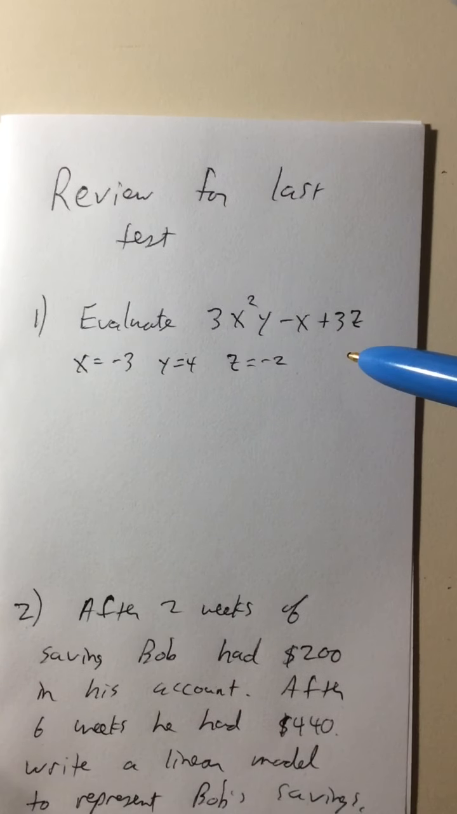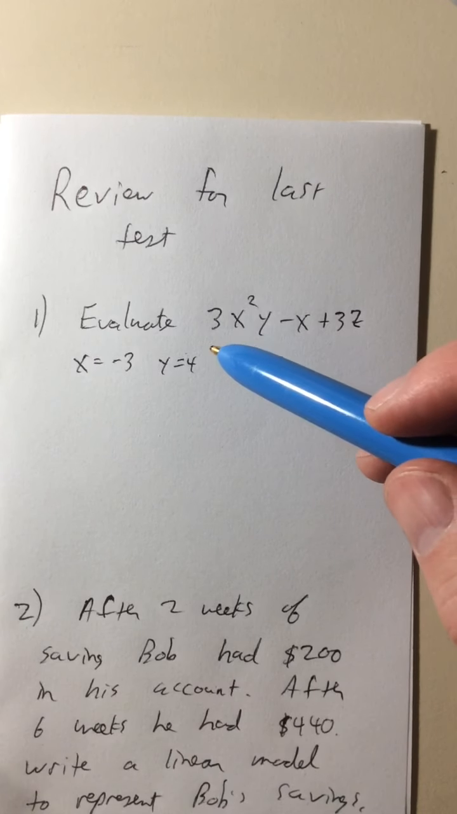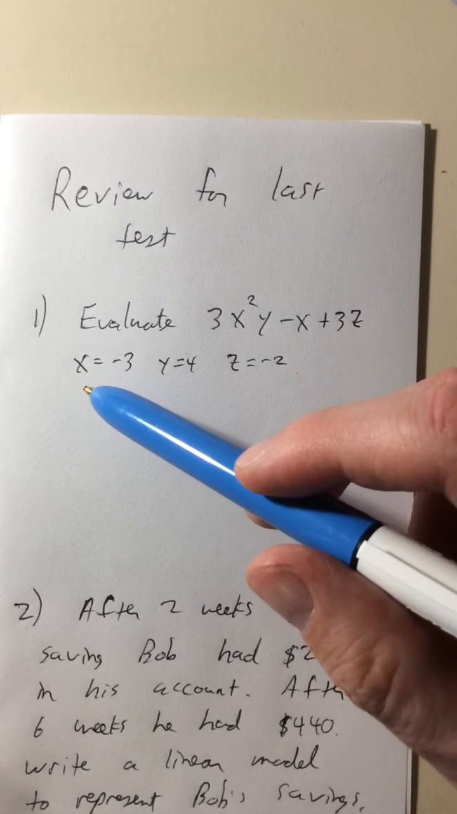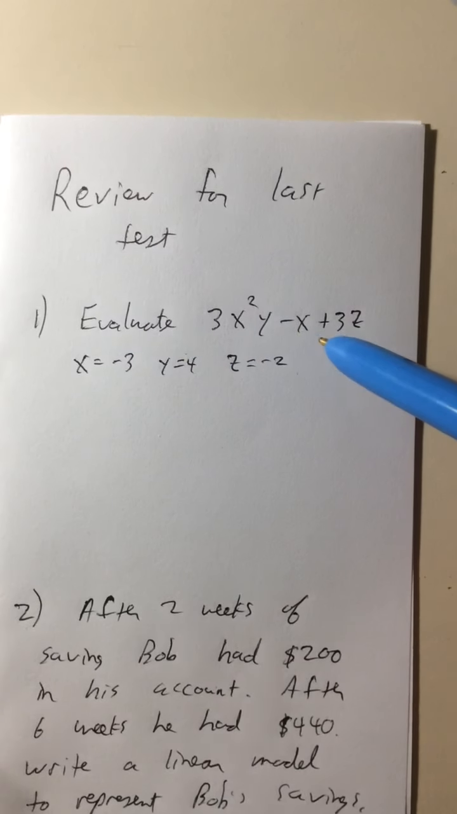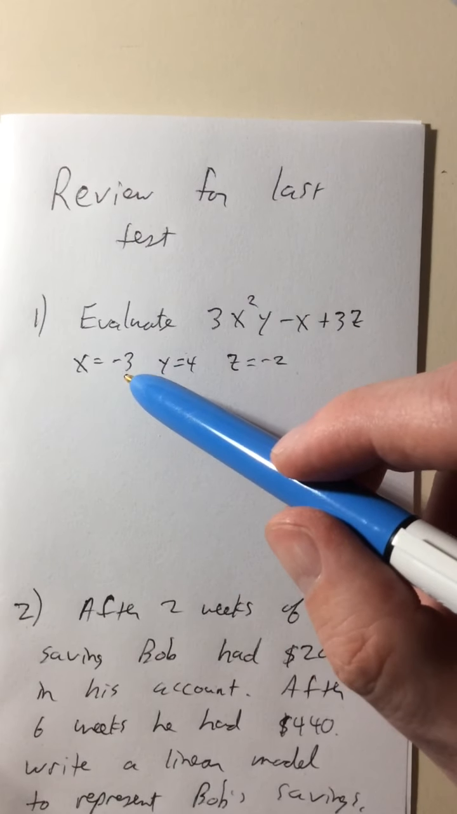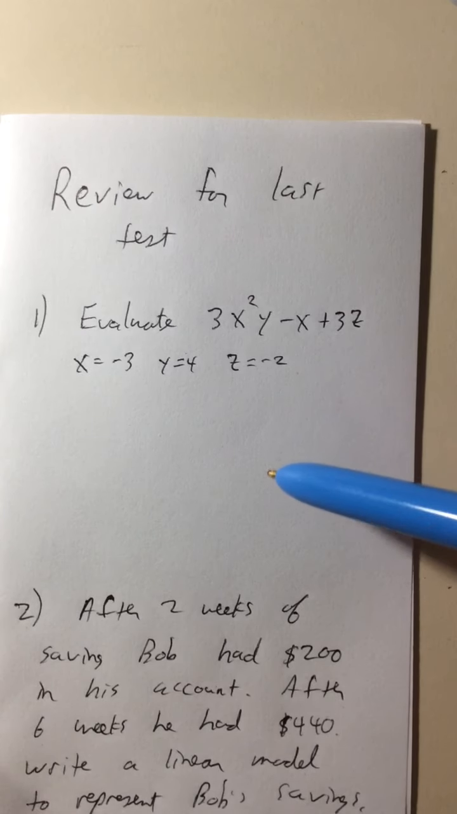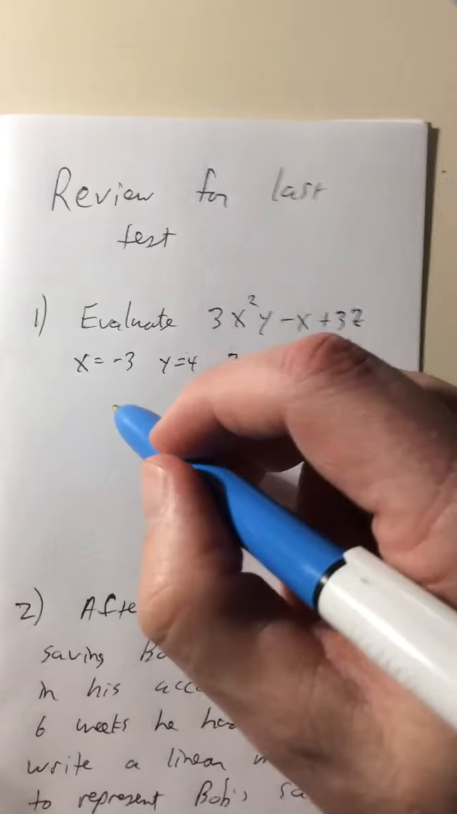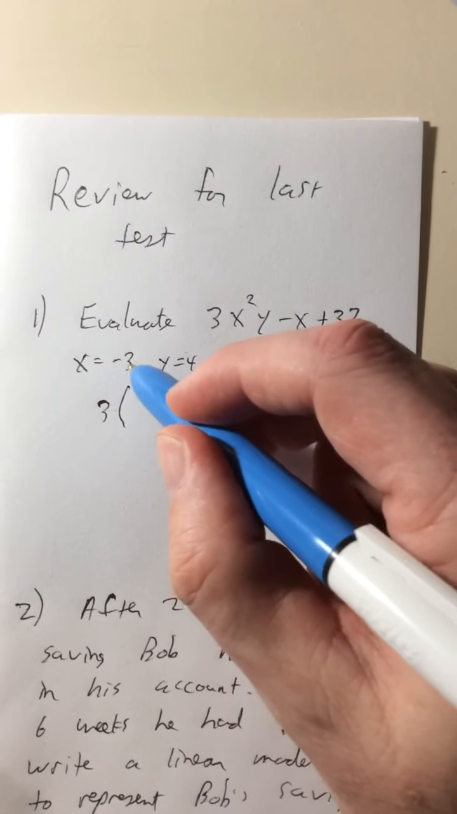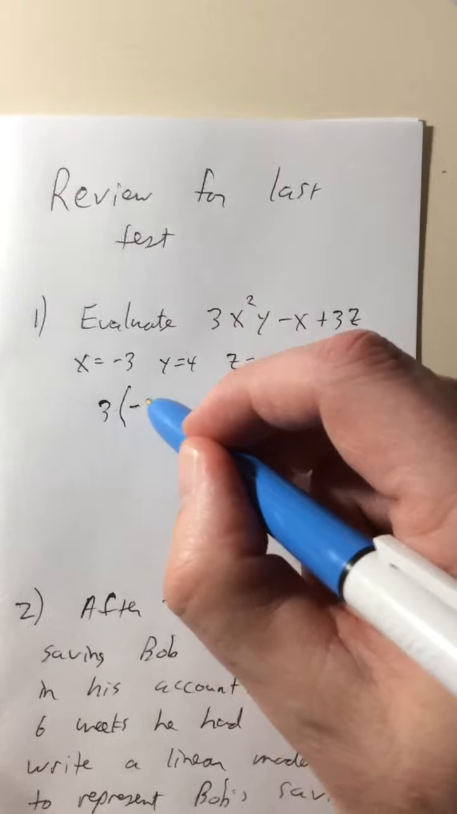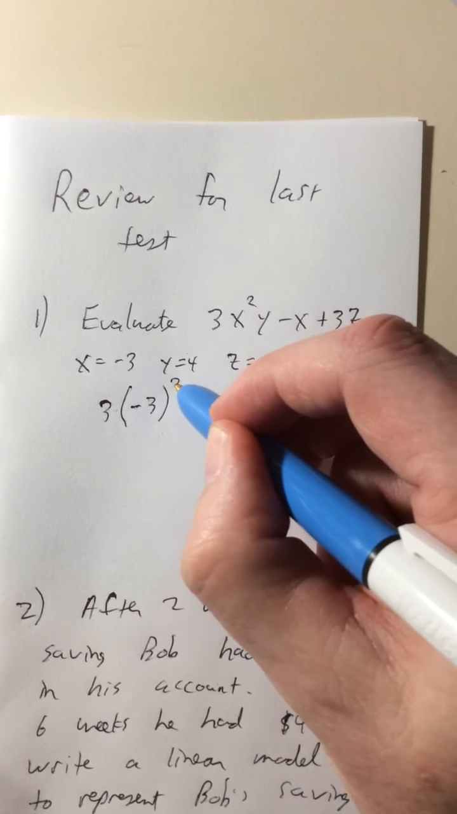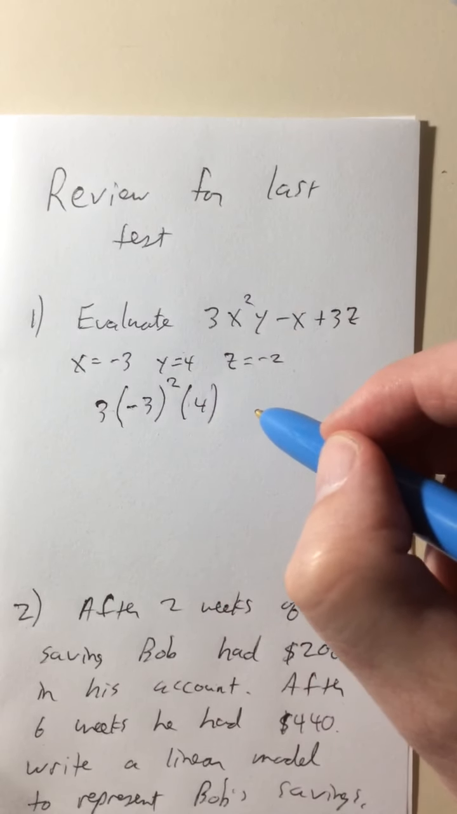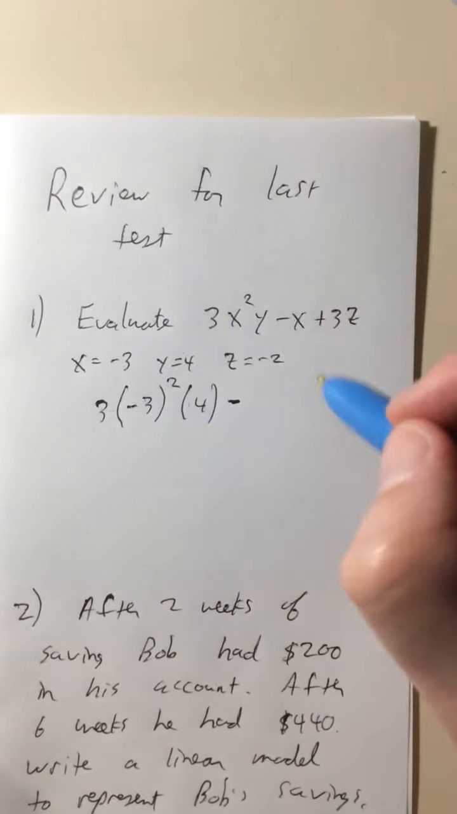So the first problem involves order of operations, and we have this expression, 3x squared y minus x plus 3z. We want to evaluate it when x equals negative 3, y equals 4, z equals negative 2. All we need to do is plug these numbers in and figure it out. So we got 3, and then the x is negative 3. I always put the numbers in parentheses, so it keeps everything nice and clean. y is 4, so parentheses 4, minus x, x is still negative 3,